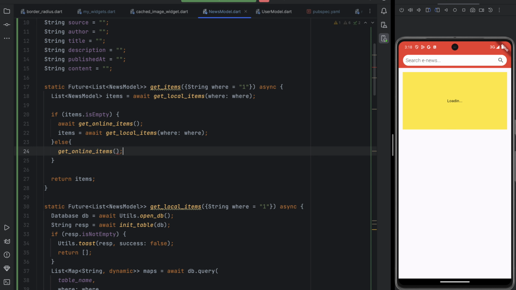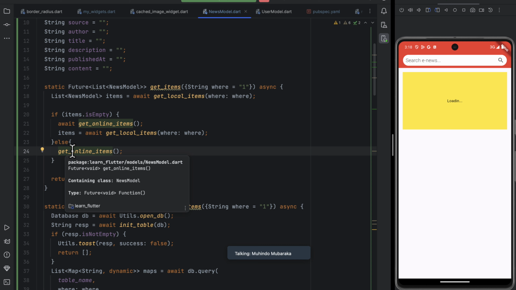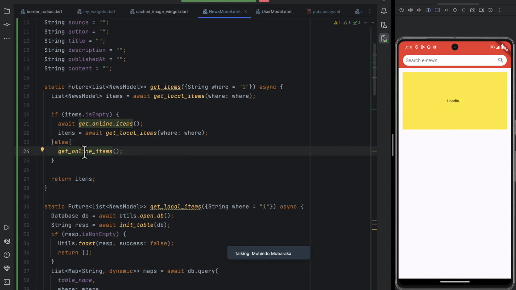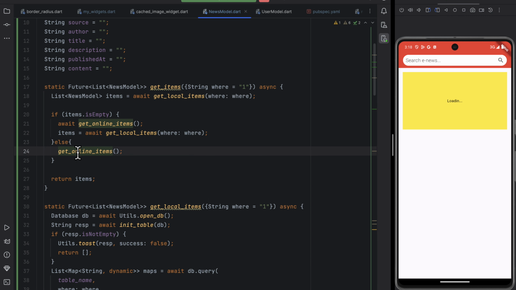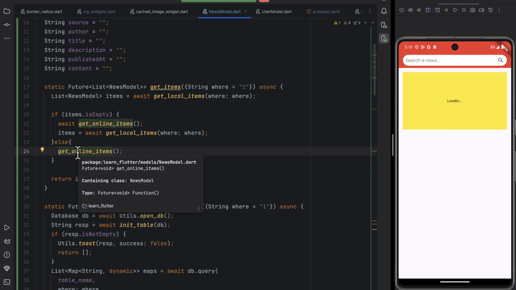But just note one important thing here. I am waiting because I don't have the data. But as long as I have some data, I'll skip. You see, in the else part, I get the online database. Because I have some data, I'll not even again try to fetch from the database. I'll just simply return the items. By doing it like this, you will not be waiting. If you don't put await, it means that it's going to be done in